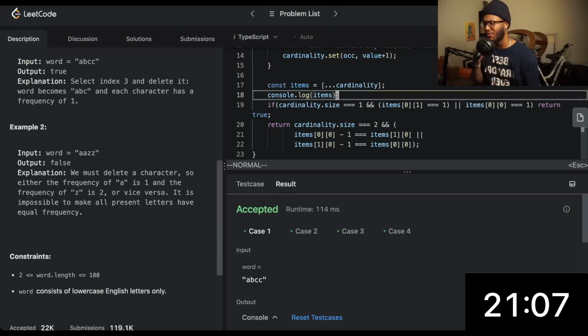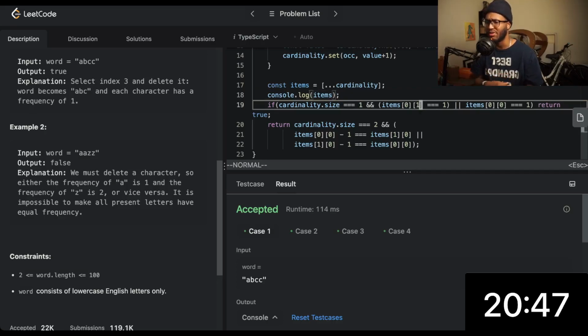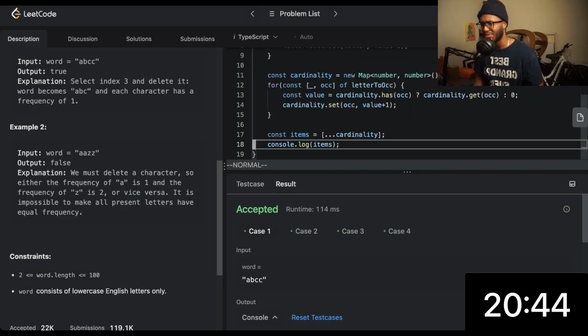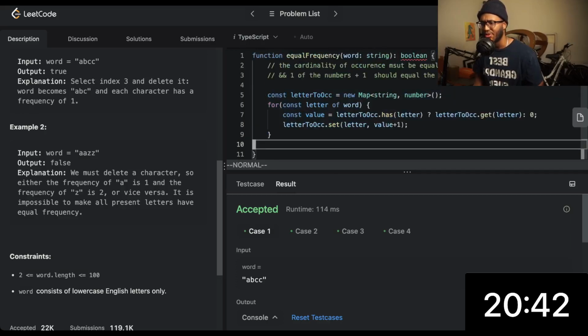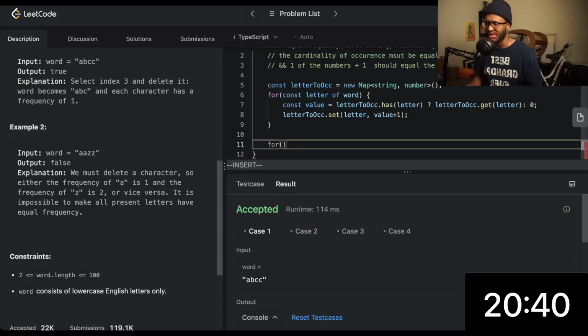I think there's a better way to check this. What if we just took the occurrence itself, for example 2? A has 2 and Z has 2. If we take A, we subtract 1 from it, and then iterate through the entirety of the remaining keys with that value, we'll be able to know whether or not it's possible to do that. But I think we're trying to cut too many steps here. If we do that, we don't need to do all of this. What we should do instead is do for const key of